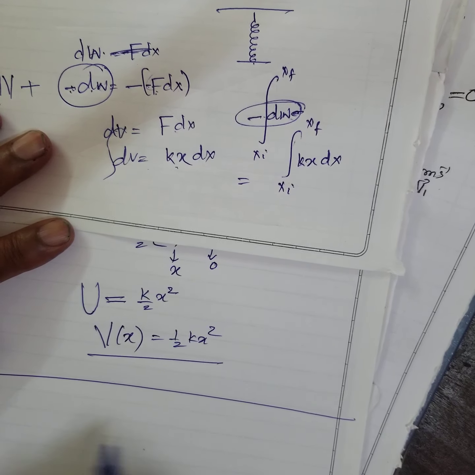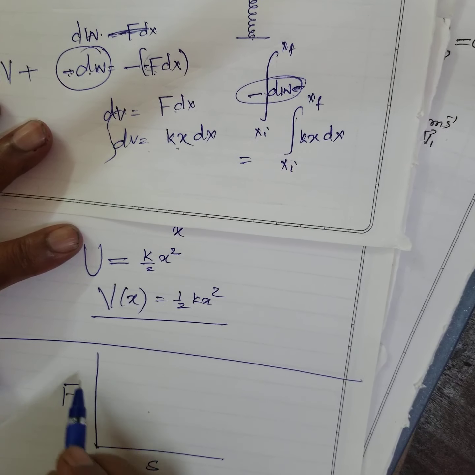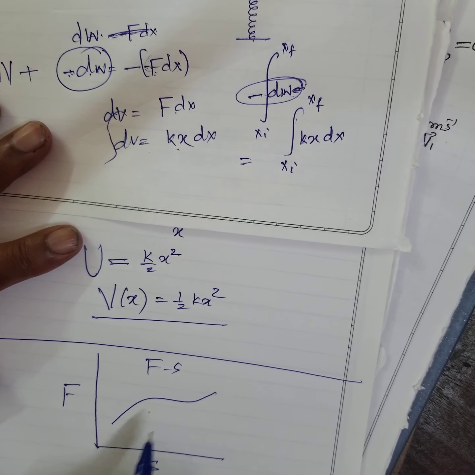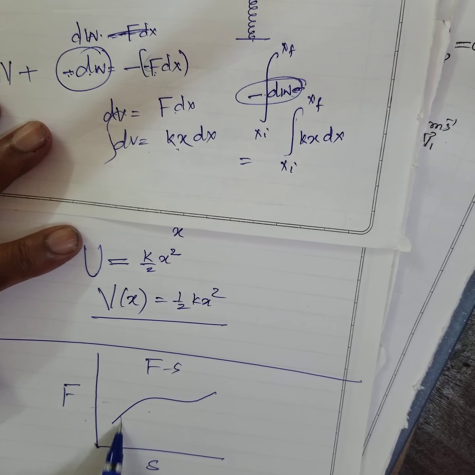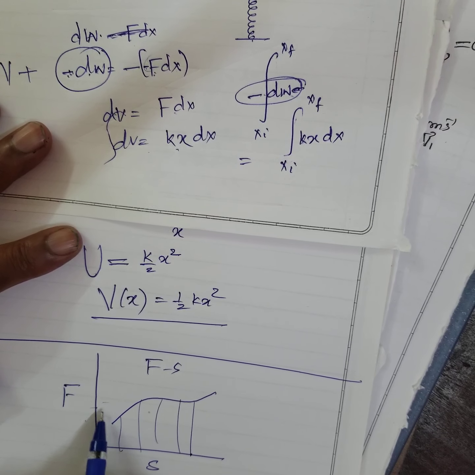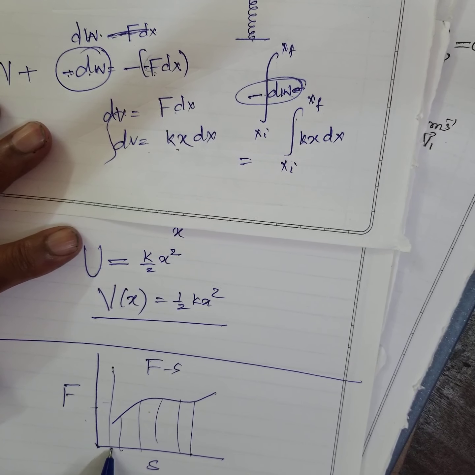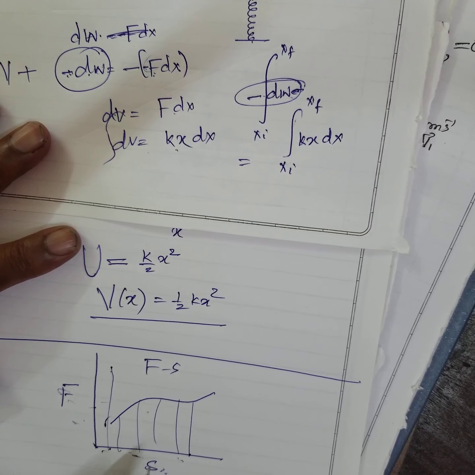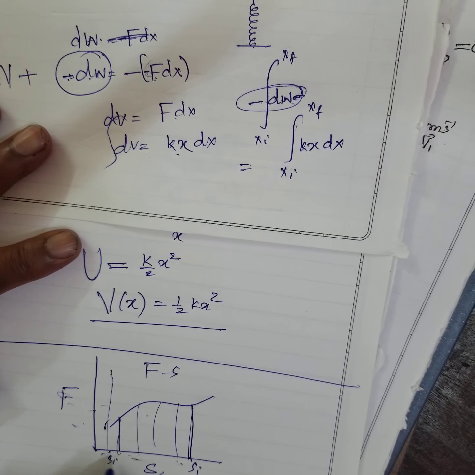So I forgot one small topic. That is what? Force versus displacement. This is the force displacement curve. Right? This is the curve. That means it is a variable force. Because of variable force it covers different distances. Okay. If it is a constant force, you can write constant distance. But see, here is a variable force and force displacement curve. This is called force displacement curve. This initial displacement and final position like this.